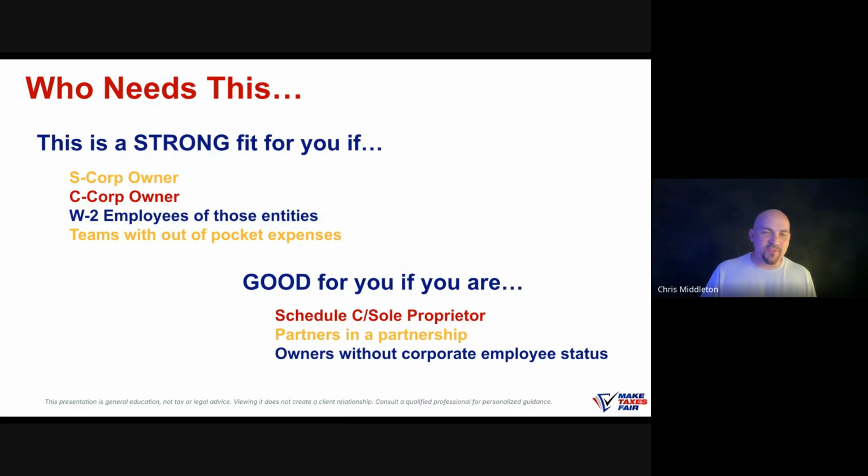We'll talk in a different video about partnerships and what's called the unreimbursed partner expense clause. That's how you would handle it if you're a partner in a partnership. It's under the UPE, or unreimbursed partner expenses clause, that is required to be in your partnership agreement if you're going to deduct partnership expenses on your tax return. But for the moment, we're going to focus on this being optimal for S-Corp and C-Corp owners, or folks in this kind of bracket or tier.